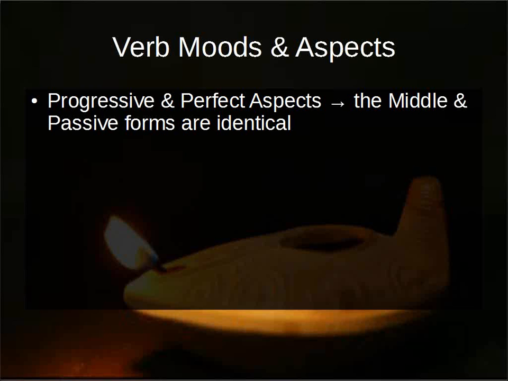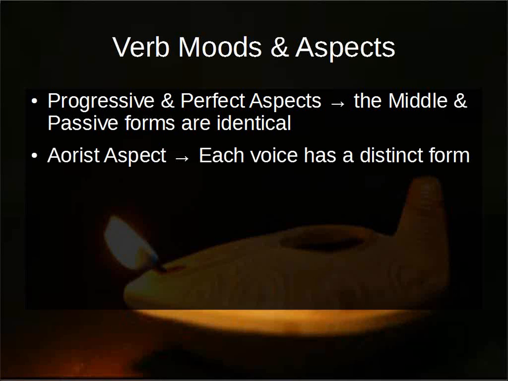Okay, the difference is the aorist. The aorist aspect, each voice has a distinct form. Okay, so you'll have an aorist active voice form, an aorist middle voice form, and an aorist passive voice form. Okay, so those are the differences. Progressive and perfect, you will have the middle and passive that are identical, and then the aorist, for each of the three voices, they will be different. Each of them will be different. Okay,